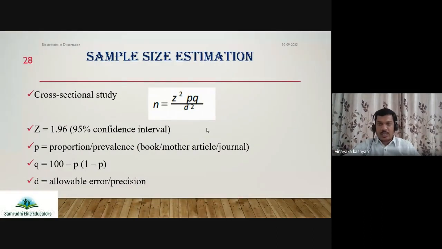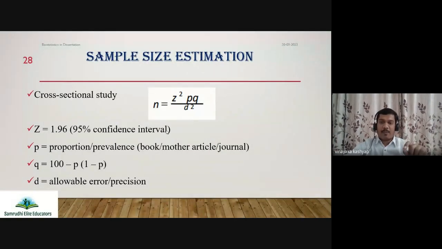But yes, during the thesis or dissertation, because of time or resource constraints, sometimes it has to be done. As I told you, it doesn't make much difference if the prevalence is high. But if the prevalence or incidence of a particular disease or entity is lower, then you have to be more careful because you cannot allow much error. If the prevalence of anemia is 50%, no problem. If your study says 40%, it is okay. But if the prevalence in India itself is only 5% or 3%, then you cannot